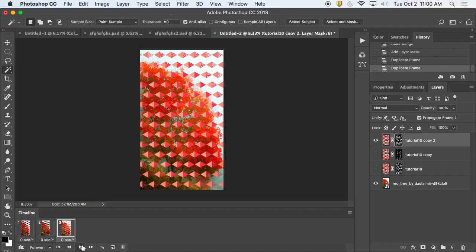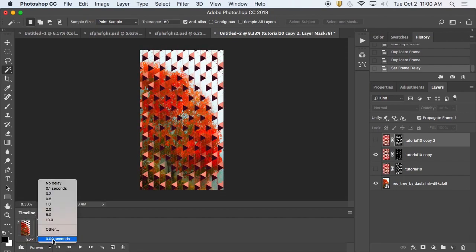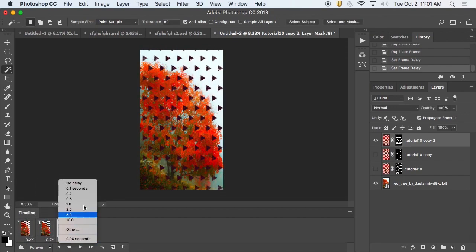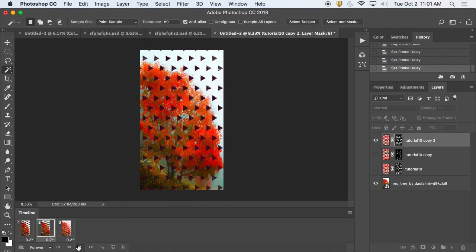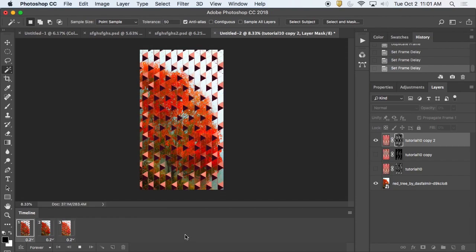Now this thing is playing at, I think, 30 frames a second. And if you look down below, there's a little thing here that says 0 seconds. That's the time between the frames. Right now they play once every 30th of a second. I can change that by just clicking down here and selecting, let's say, 0.2 seconds between them, like that. Okay? And I can change all sorts of interesting things. That's kind of nice, actually. Sort of opens up and moves.